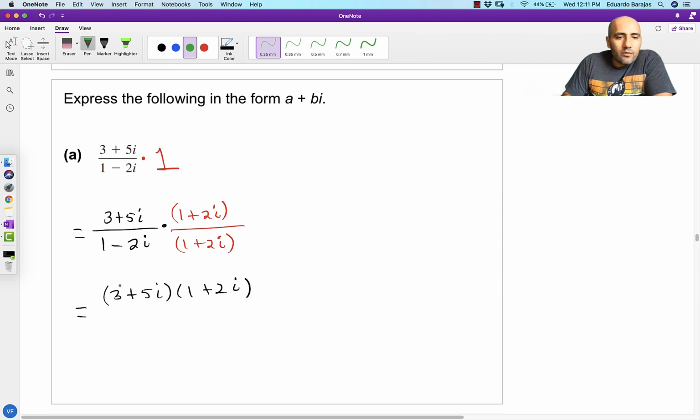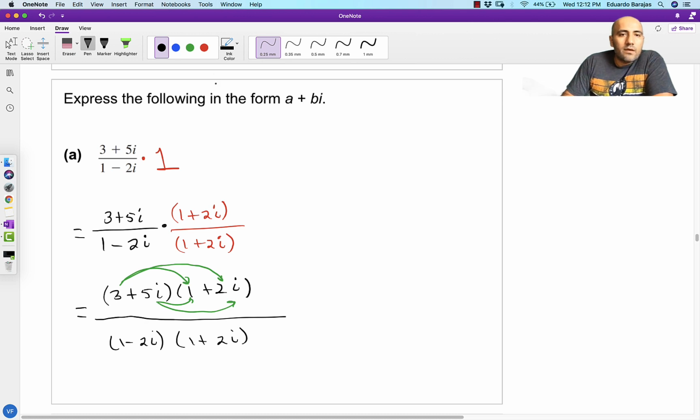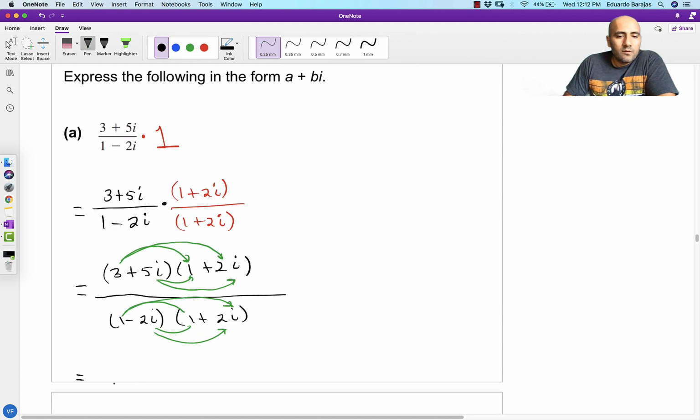So we're going to have to multiply this times this times that, this times this, and this times that. And that's just in the numerator. In the denominator, I'll have a 1 minus 2i times a 1 plus 2i. And again, we're going to have to FOIL. So first, outer, inner, last. So I'll have a giant fraction, where in the numerator I'll have 3